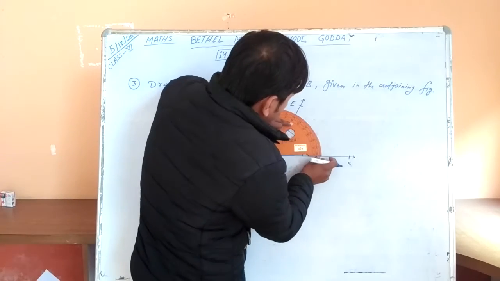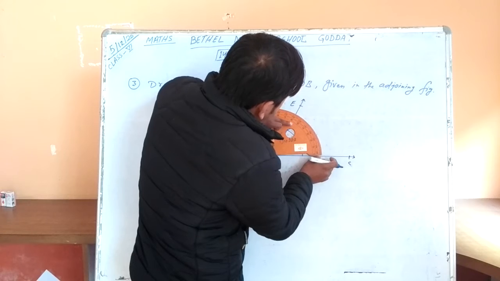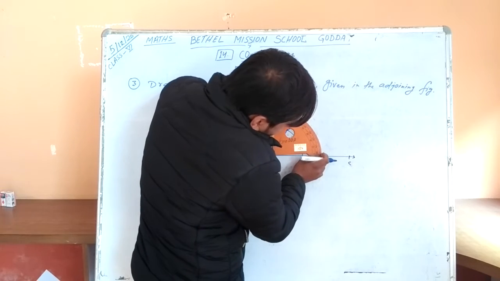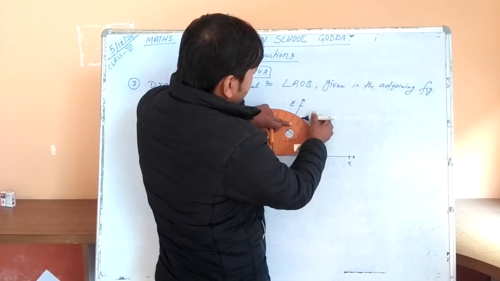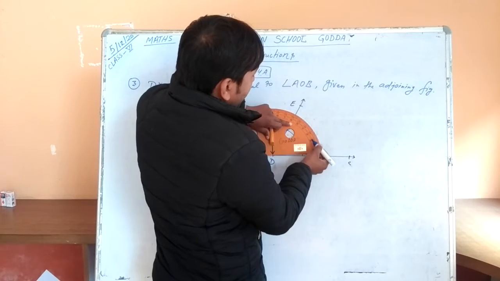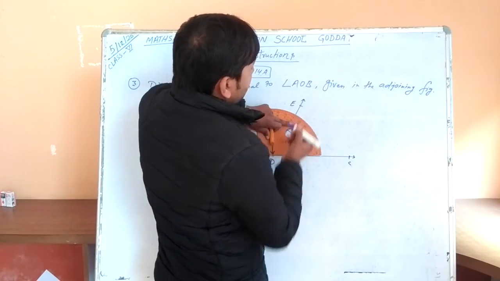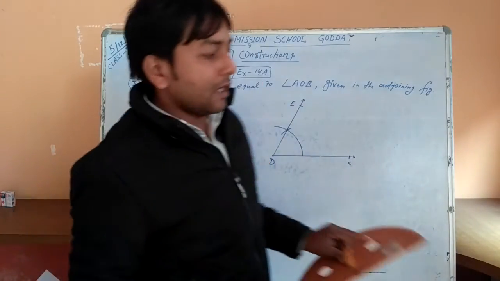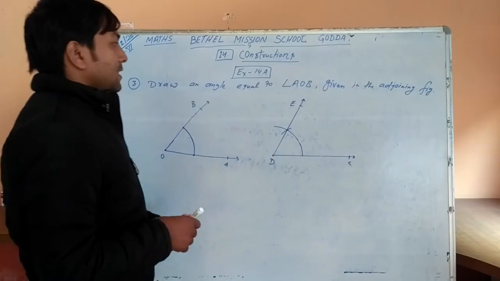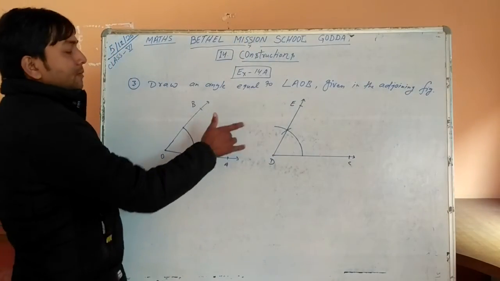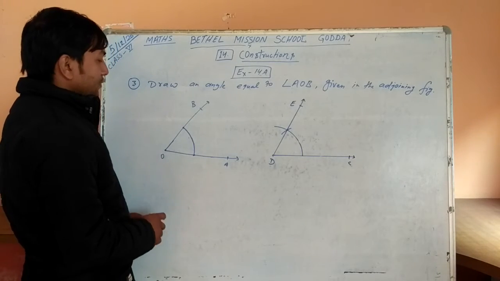Now you can measure that. That is 0, 10, 20, 30, 40, 50, 55, and that is now just the same as we got. So this way you can construct a similar angle. If this one is given, first, what did we do?